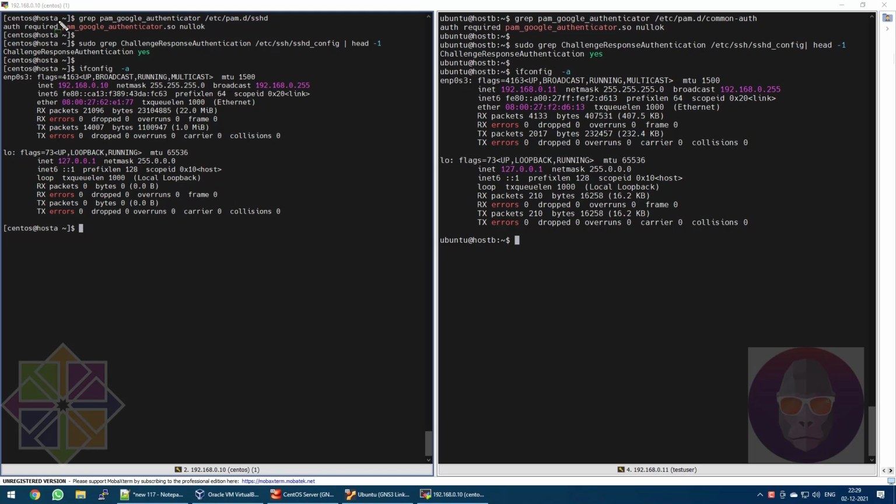So the first thing we did was the PAM modification, successfully done on both ends. Also we added the additional parameter in the sshd config file on both systems. Now it's time to log in to the system with Google two-factor authentication. Take the IP address of the Ubuntu operating system